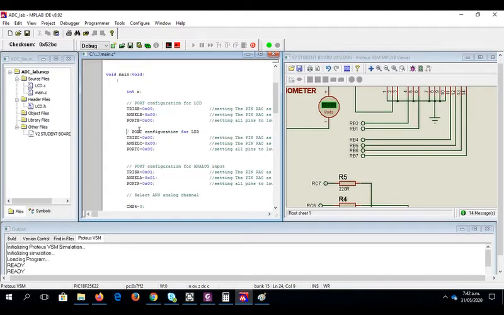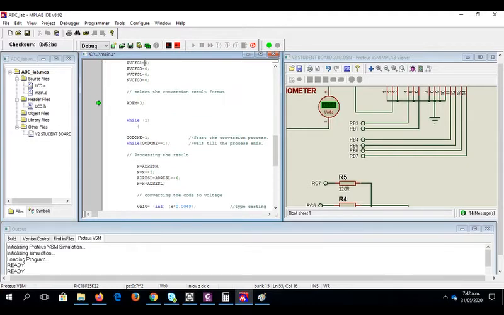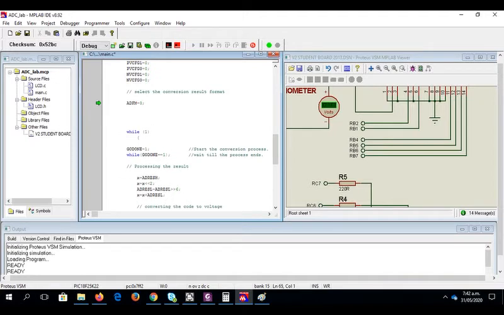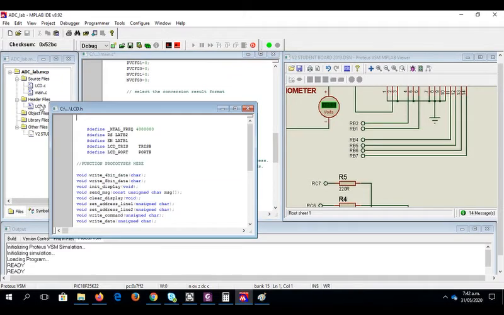and now the port I have initialized. Then I have to just try to show some messages. So I will just write down here LCD display. So message display to LCD. So what I will do, first thing I need to do is I can just open this one and